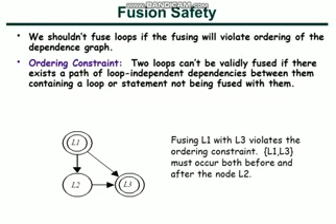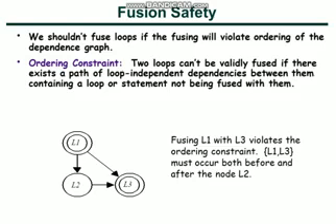Because if you see carefully, L2 should start only after completion of L1, and L3 should start only after completion of L2. This will not be possible if you fuse L1 and L3 into one. If you fuse L1 and L3 into one and execute it before L2, then the dependence L1 to L2 would be maintained, but L2 to L3 will not be maintained because L3 is executing before L2. So this dependence would be violated.